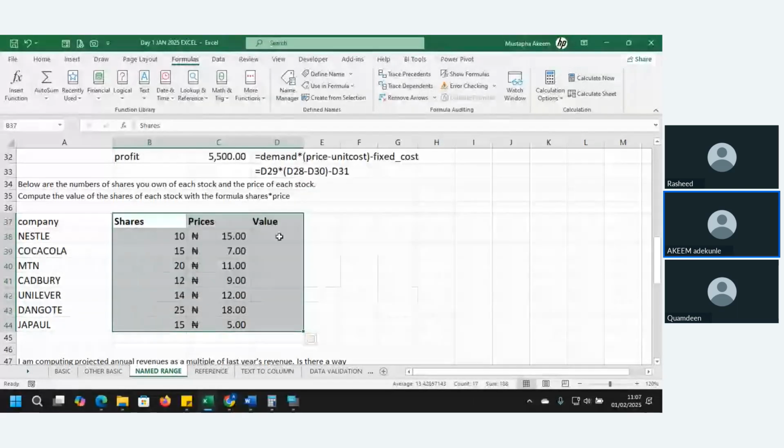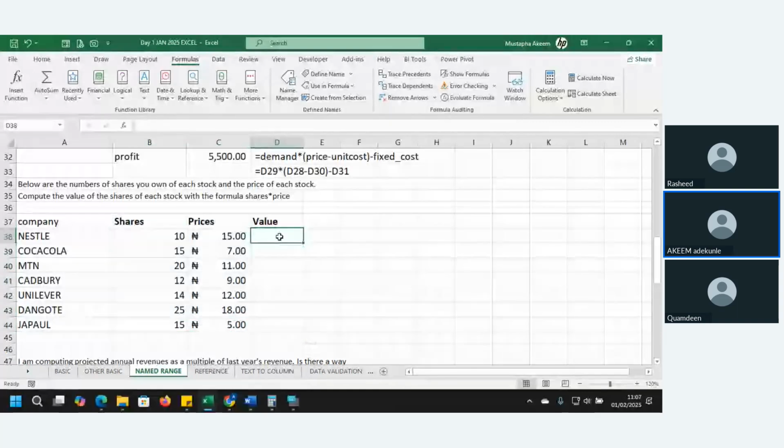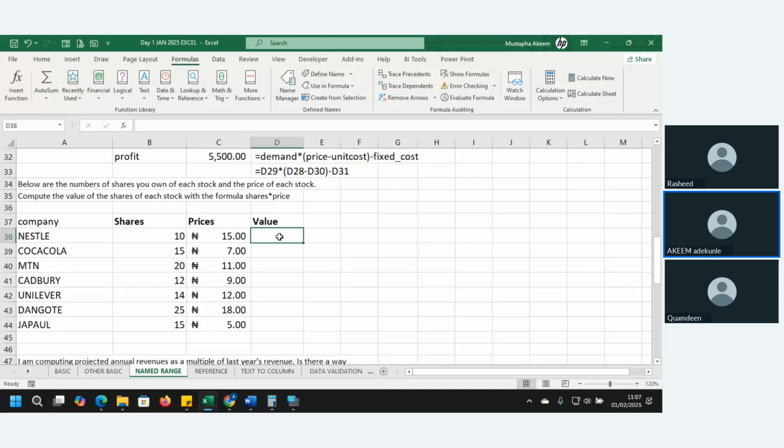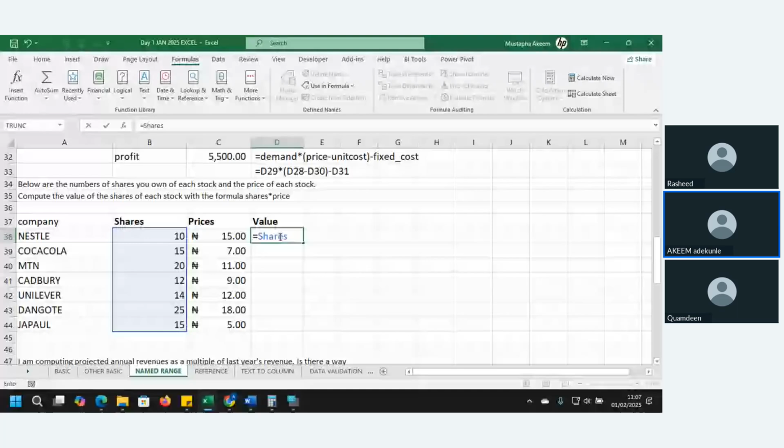Now let's try and use this formula and see how it's going to work. We want to multiply shares and prices together to know the value. Type equals shares. You see that selected all the shares. Multiply by prices. Prices is this. And hit enter.